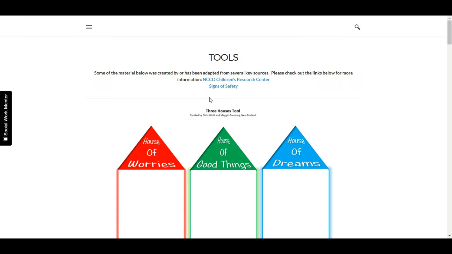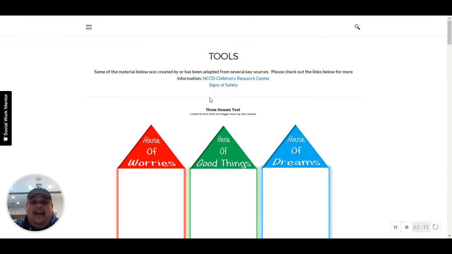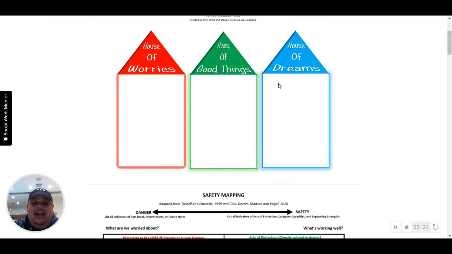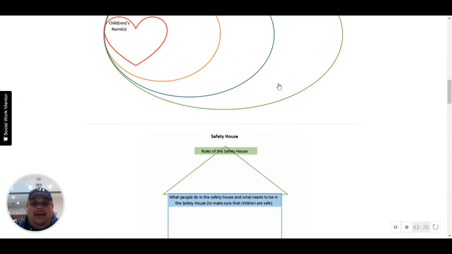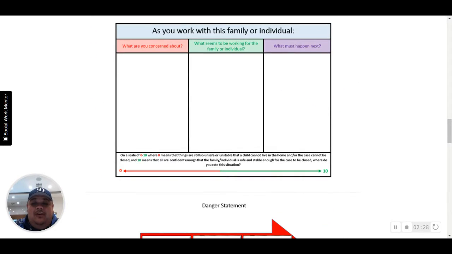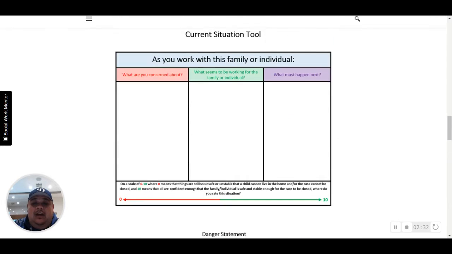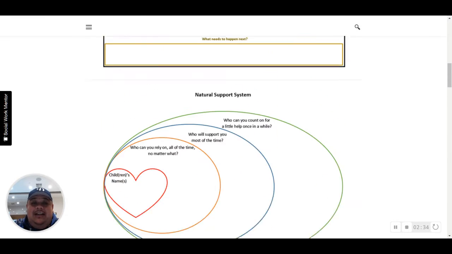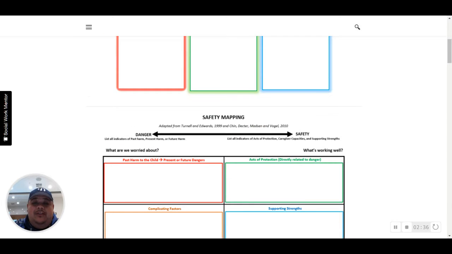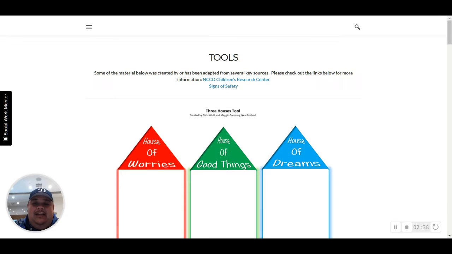So this tool section, these are different tools that have been adapted from NCCD and Signs of Safety. You may be familiar with one or both of those. You can click on the links for more information. And some of the tools are adapted from there, some are from other locations, but on each tool, and this functionality isn't built into all of the tools yet, but ideally, for instance,